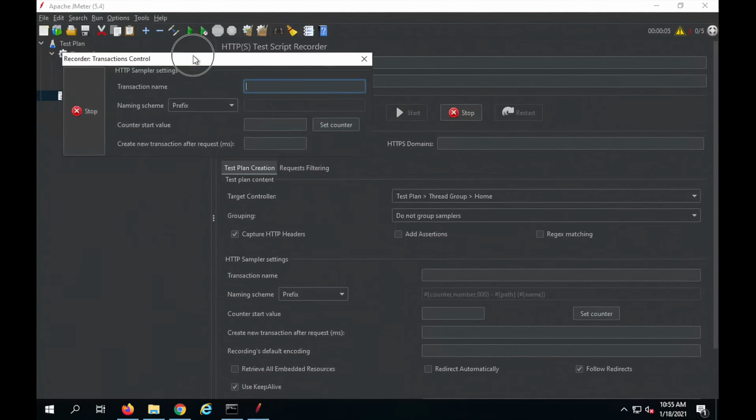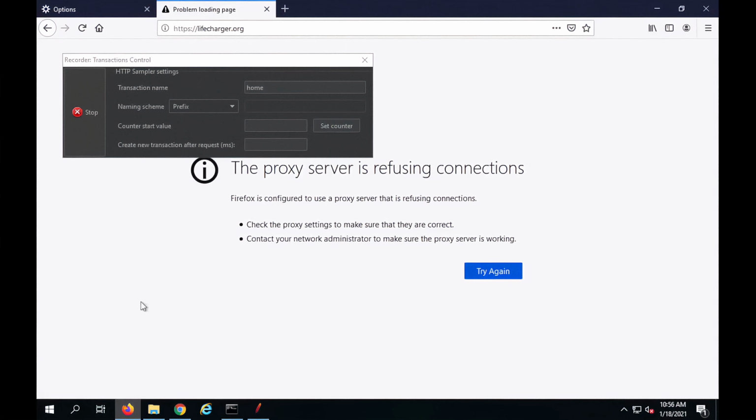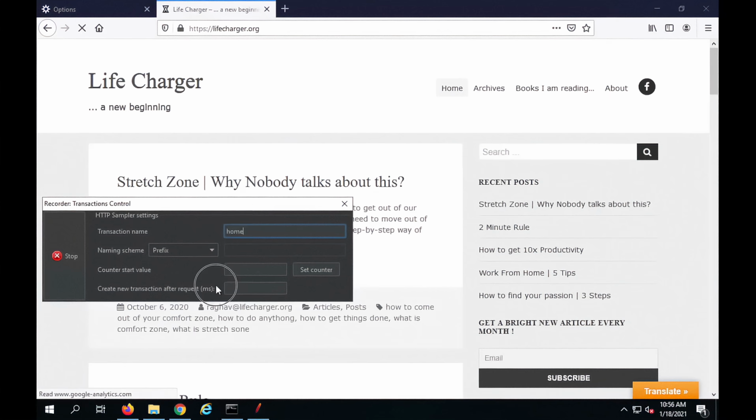I will say OK, and now here we have got a transaction controller. You can give the transaction name here, and you can also select what prefix you want. So I will say home, because I want to do testing on the home page and do recording there. And now if I go back to my browser and go to lifecharger.org, you can see it is coming